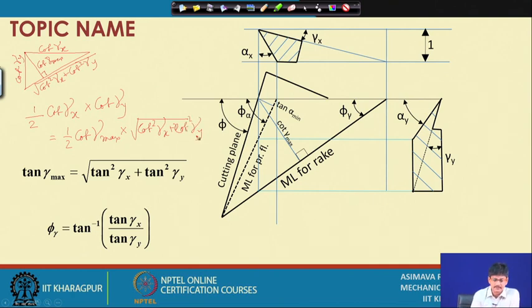Once you have this, if you divide the two sides by cot gamma x, cot gamma y and cancel the half,